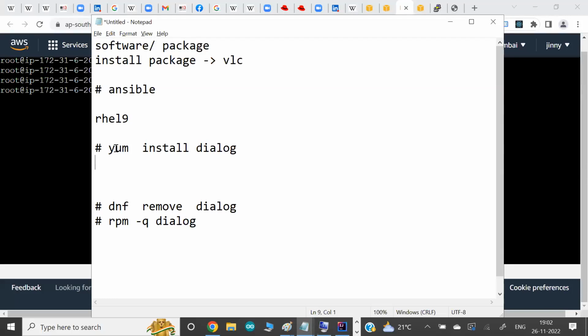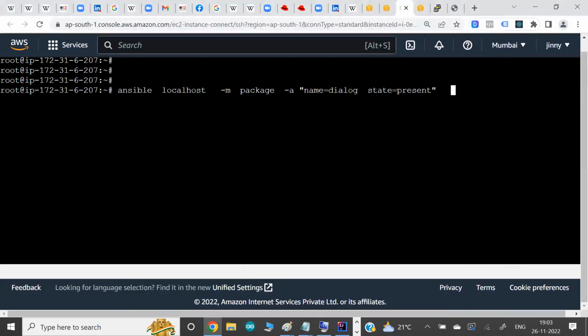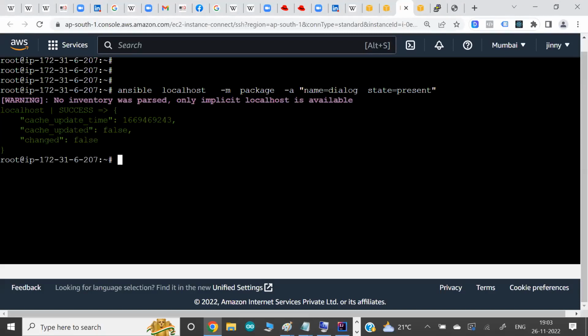But in Ansible, this intelligence is put behind the scenes. When you ask it to install the software again, it is intelligent. It says, I detected the software is already installed. So the current state is already installed. You are asking me to install again, but what you desire is already there. So I'm not touching anything, saving your time and resources. And if you see here, it is a success. There's no failure. But this green color normally means whatever you're looking for is already available in this OS. Your system is up to date. You don't have to do anything.